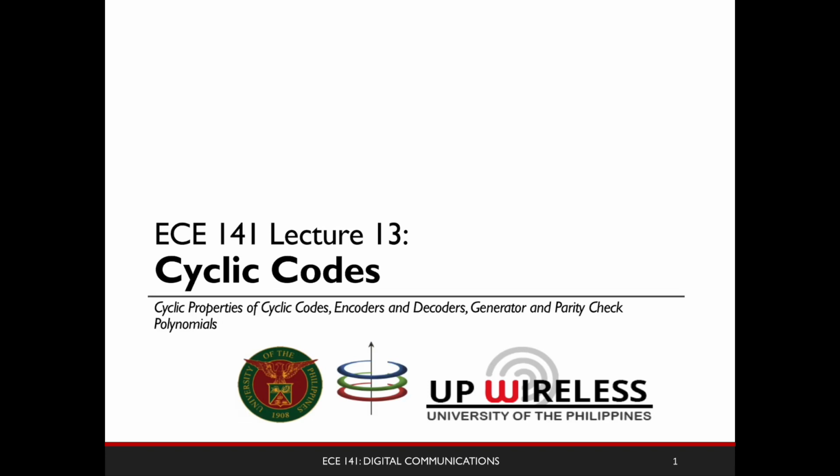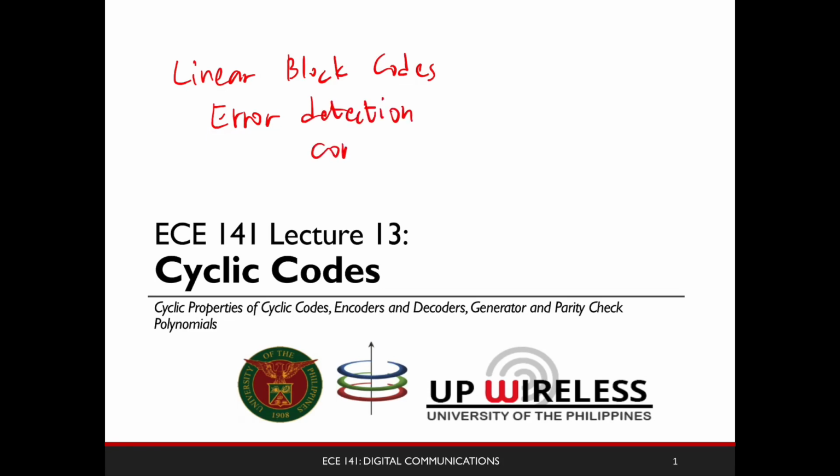So what are cyclic codes? In the previous lecture, we talked about linear block codes. And linear block codes are used for error detection and error correction. We've shown you examples of a 1-bit error correcting code and a 3-bit error correcting code, and we characterize the